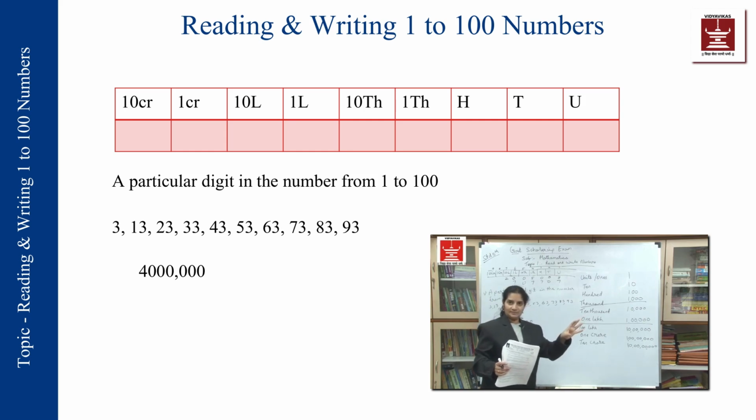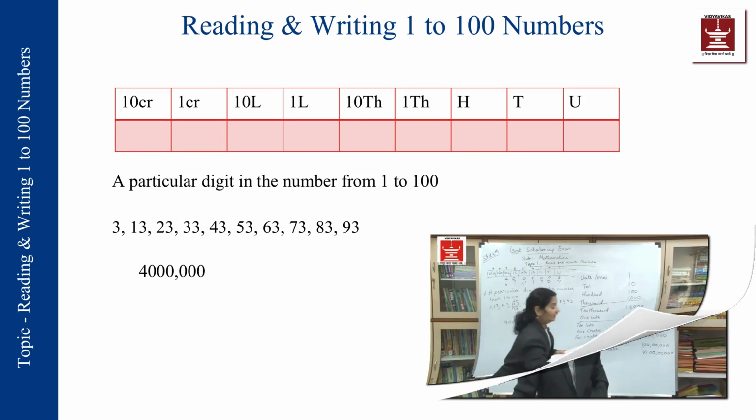So here what did I do? I read the number, I wrote it in figures and then I counted zeros. Easier would have been to just place the 4 here so I know it is a 7 digit number, and count how many digits are on the right hand side. 6 digits. So how many zeros? 6 zeros. So it is saving my time. It can be 40 lakh, it can be 30 lakh, it can be 90 lakh, anything. So it is an easy category question, depending on the information given to you being correct.